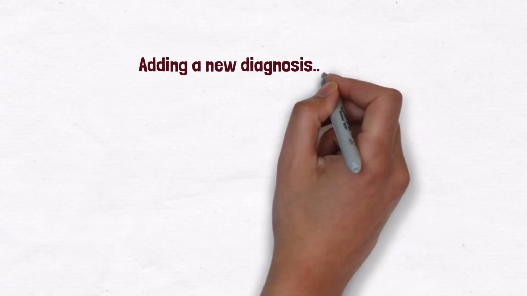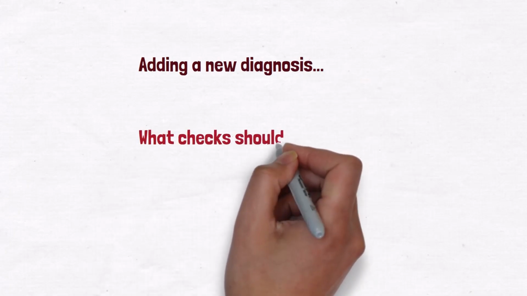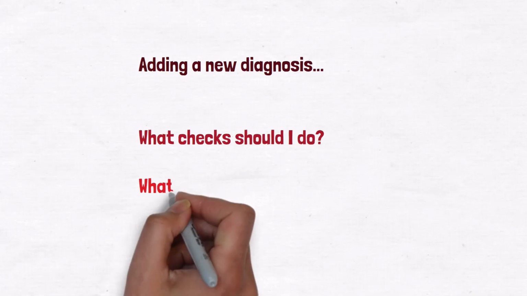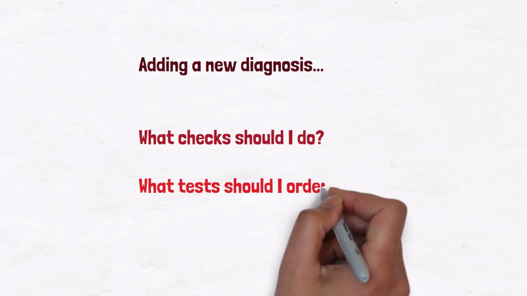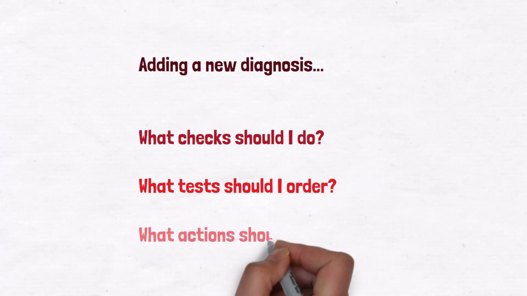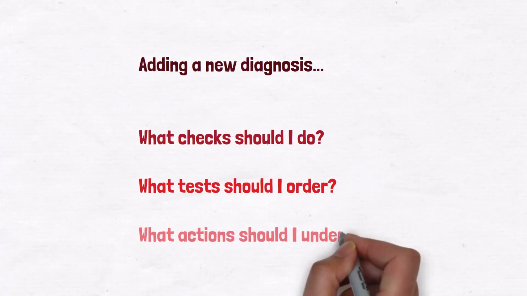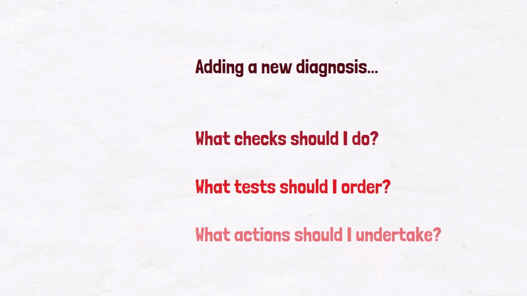Another example would be that when I add a new diagnosis onto your record, let's say you've just been diagnosed with diabetes, Care Record software can recognise the code that I've added and that it's the first diagnosis of that condition for you. And the system can then present me with templates and other information that makes it quicker and easier for me to run through a standard set of checks, tests, and other actions